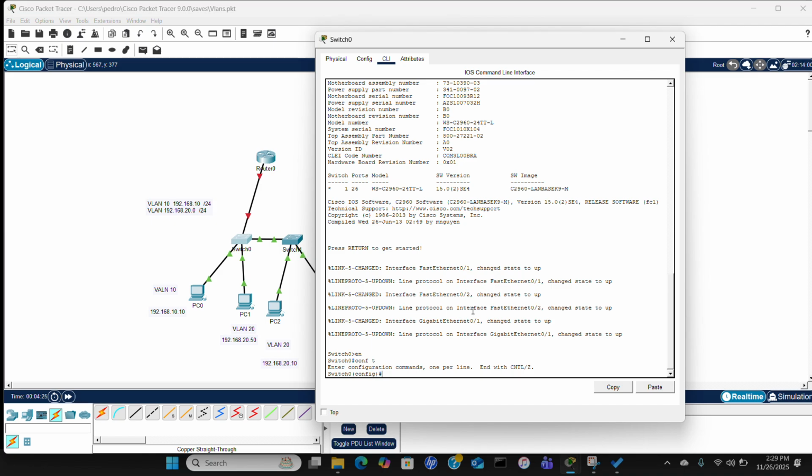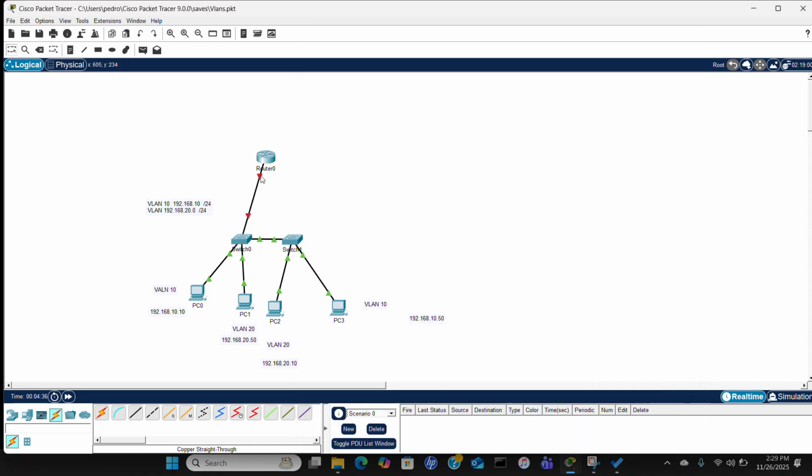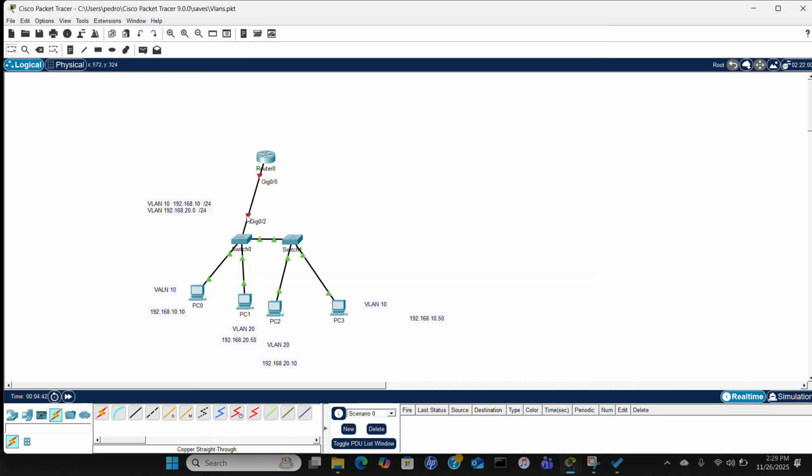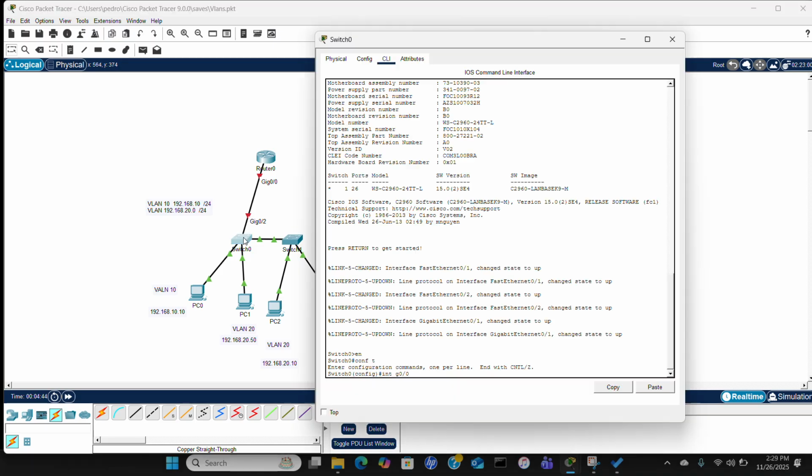Config T gets us to global config mode, and then we're going to interface G0/0, no, this one is G0/2, G0/2,